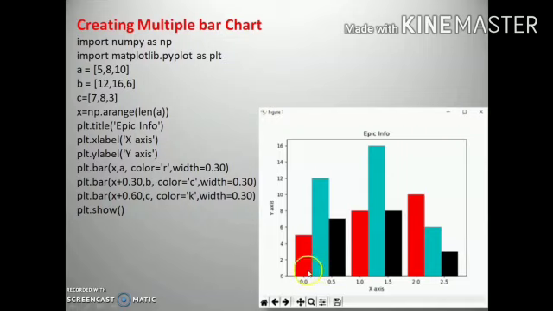So the value of x is 0 and the b is 12, and the value of x is 1 and the value is 16 and the value of x is 2 and b is 6. And for the third bar I just triple the value with 0.60. So in the same manner you can draw multiple bar charts.